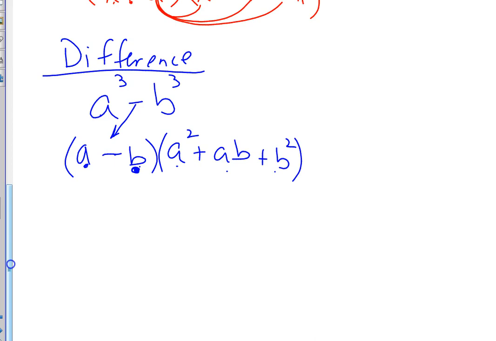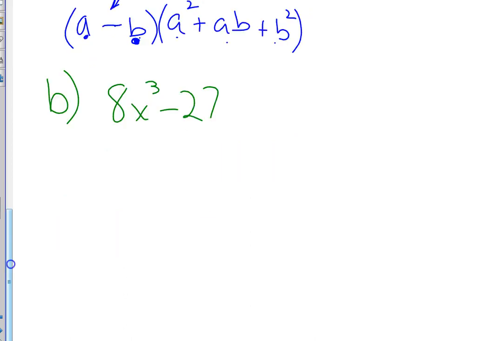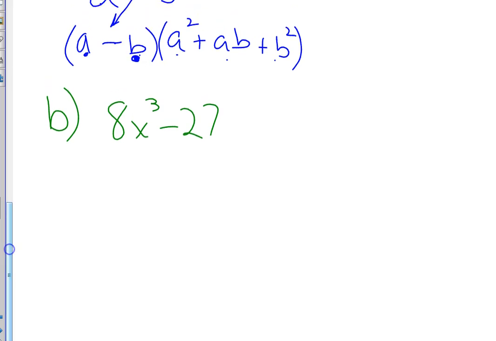So let me show you another example then, using the difference of cubes. Suppose I have, say, 8x cubed minus 27. Well, this one looks a lot different from the first problem we did. I see an x cubed, but 8 doesn't look like it's a number being cubed, and neither does 27. Well, wait a minute. We just said that 8 is the same thing as 2 cubed. So isn't 8x cubed the same thing as 2 cubed x cubed? All right? Or isn't it just 2x cubed